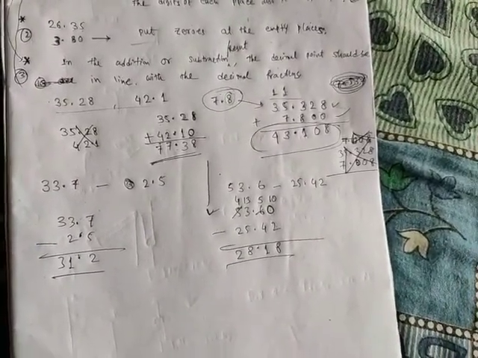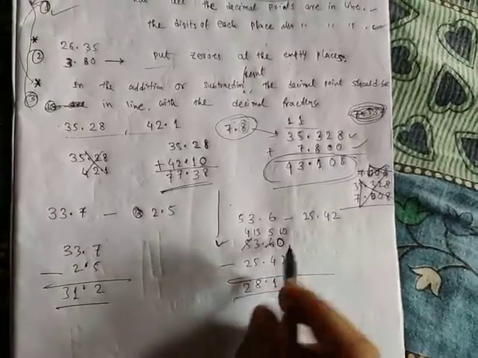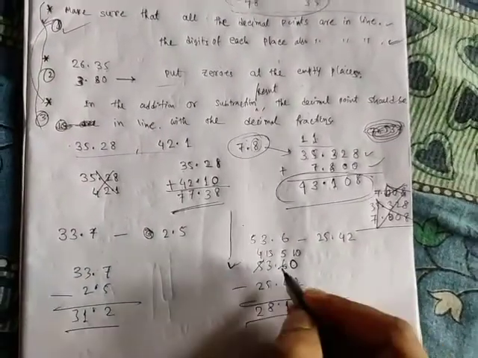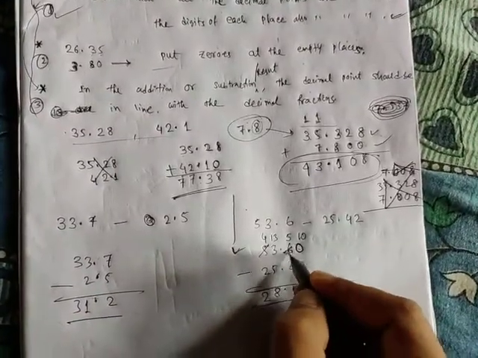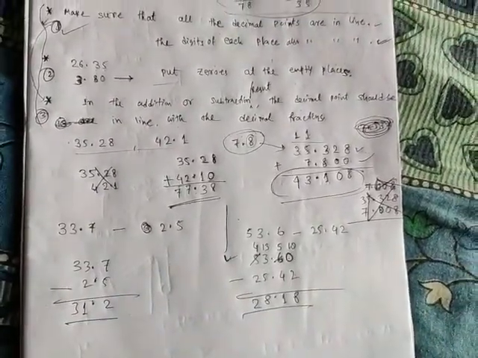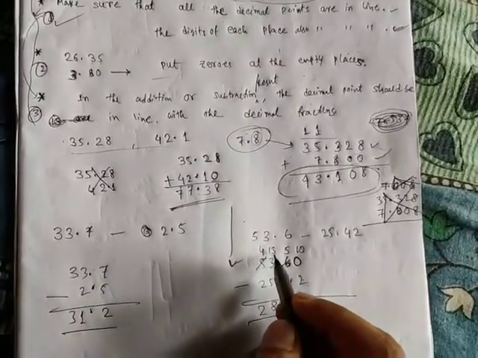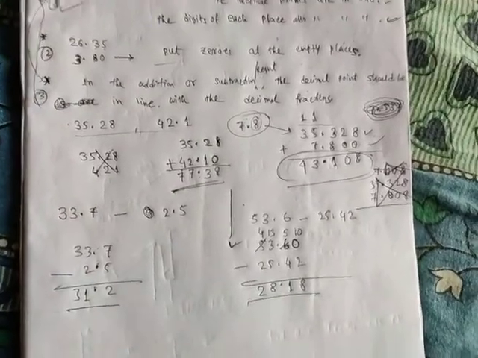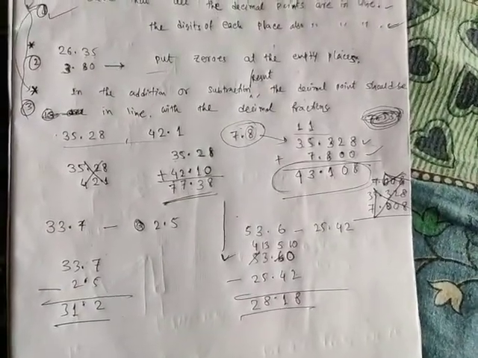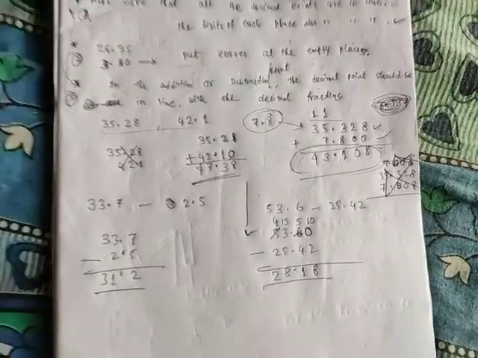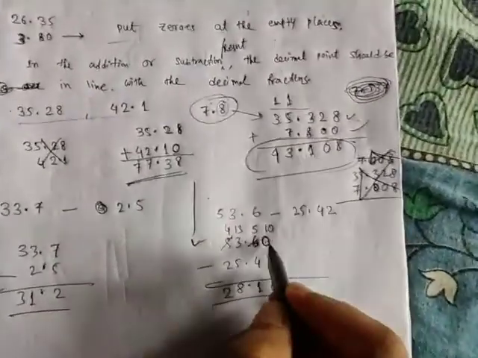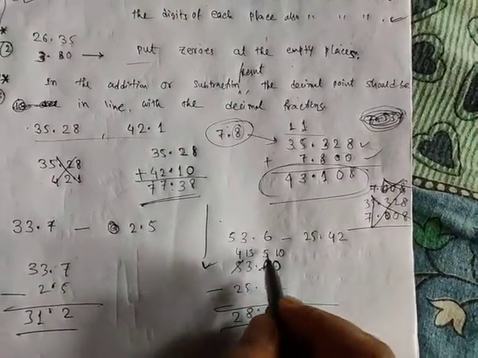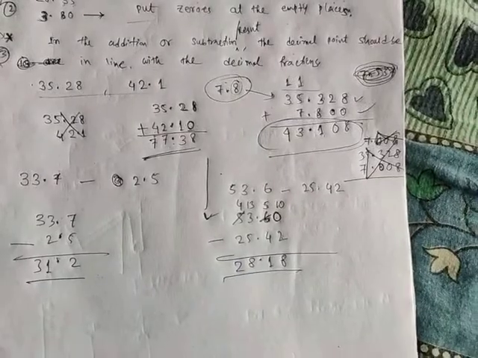8.18. Clear? See, the subtraction is the same as the subtraction between integral numbers. The previous digit will be smaller by 1, and we have to add 10 with the digit, as I have done in the subtraction for whole numbers or integral numbers. So this is the same. See, here 0 is smaller than 2, that's why 6 will be smaller by 1, that means it will be 5, and 10 will be added with 0.